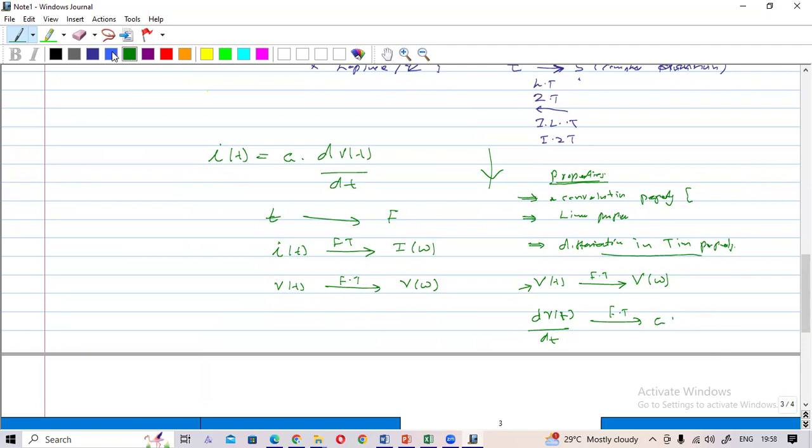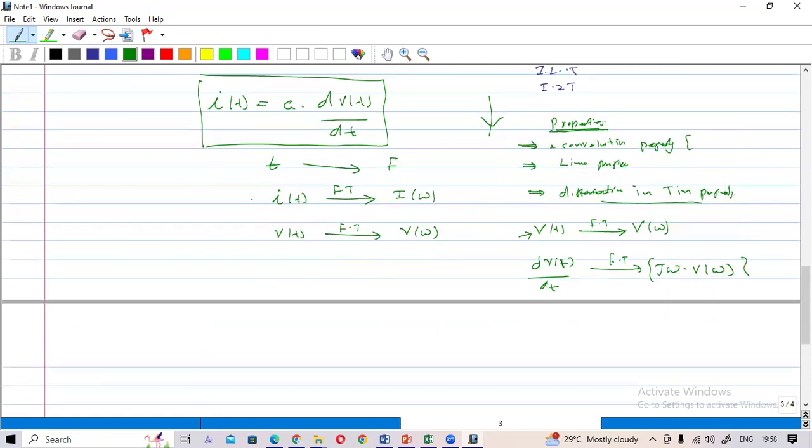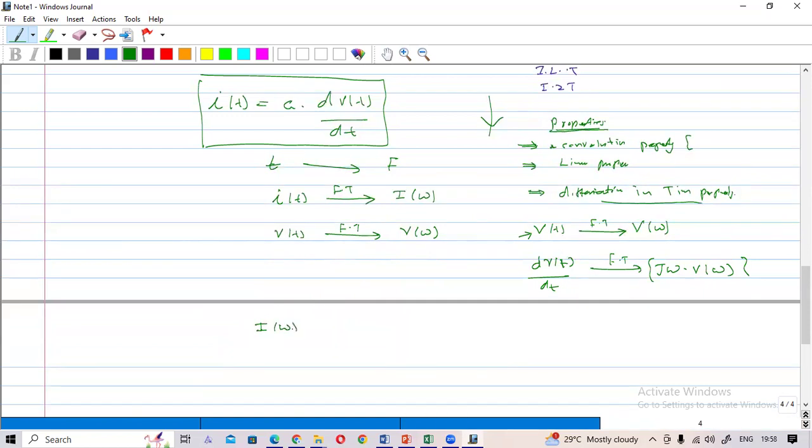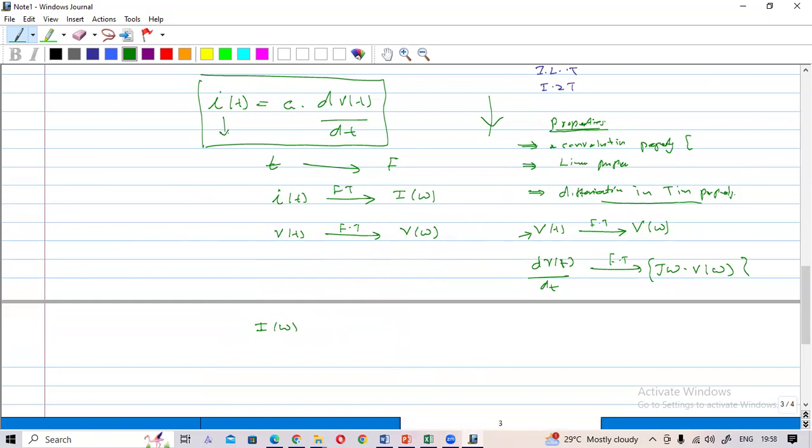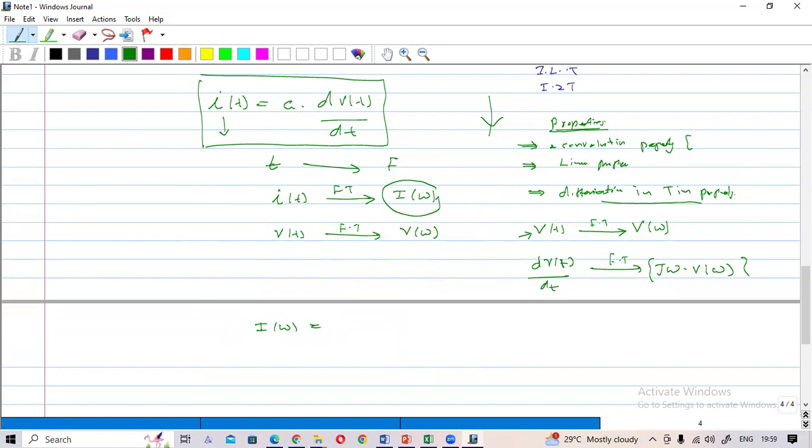you will get j omega times V(omega). Okay. So if you get the derivative, you will get this kind of result, j omega with respect to V(omega). So now I'm going to turn this to frequency domain. Okay. Frequency domain. Then I have I(omega). It is transformed into Fourier domain or frequency domain. So that is I(omega) is equal to